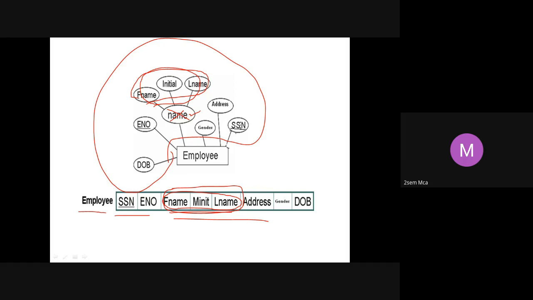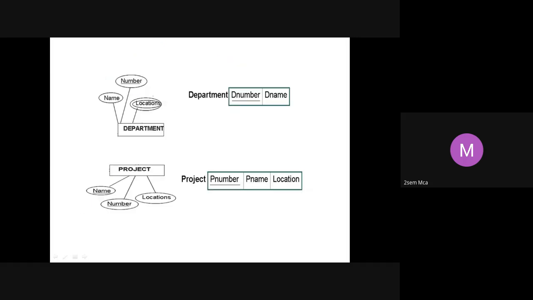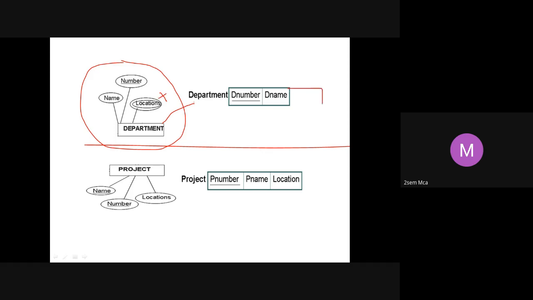In yesterday's lab, now I will come to one more example. Let me look into the other. You had 2 more strong entities. One was department. This part of the ER diagram is a strong entity, and we have simply created a table for it. Now, name and number. Location is a multi-valued attribute. A multi-valued attribute should not come along with this. You cannot put location here. That is wrong. You cannot do that.